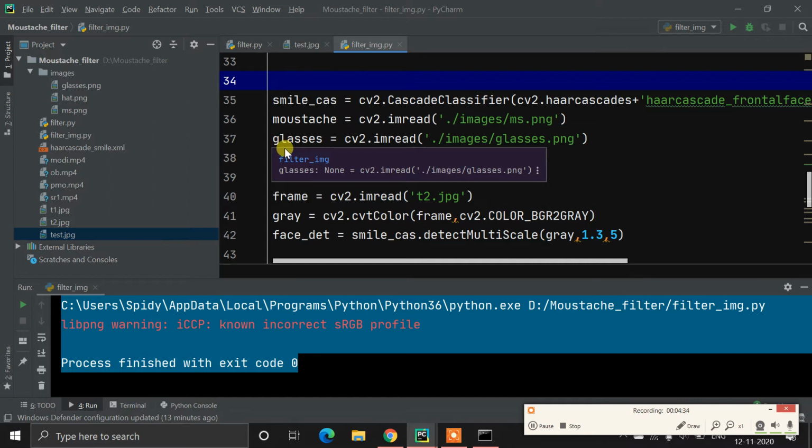Yes, we are putting our filters on the face. So what we need to do is simply detect the face. And we already know how to detect the face with Python. If you have not watched my face detection video, it is available on the channel. You can go and watch it, as I created a separate video on face detection.